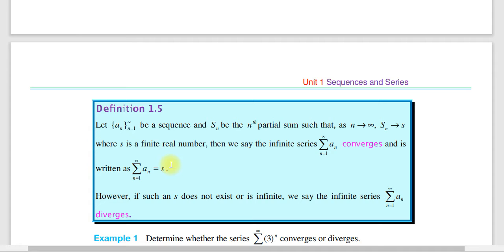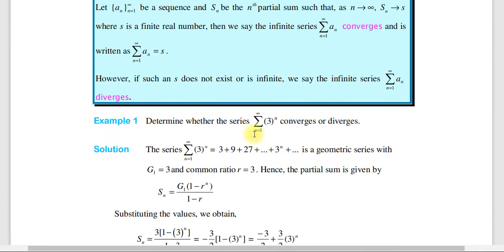Converge አደረገ እንላለን። However, if such an s does not exist or infinite ከሆነ ግን we say that the infinite series, that is the summation from n equals 1 to infinity, is divergent እንላለን። ዳይቨርጅ ማለት ኤግዚስት የማያደርግ ከሆነ ነው። ኤግዚስት የሚያደርግ s ካለ ግን ኮንቨርጀንት ነው እንለዋለን ማለት ነው።